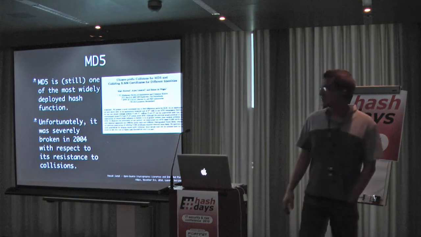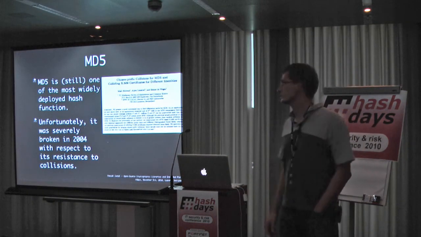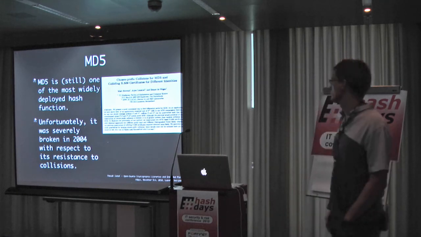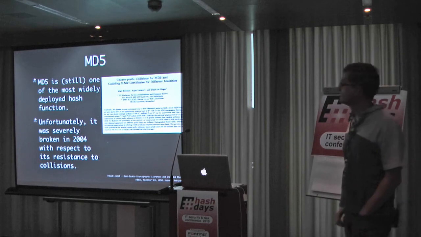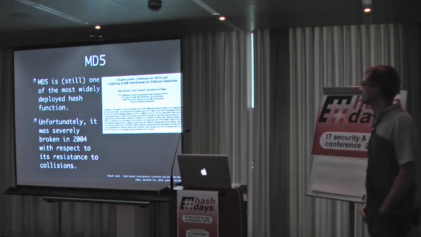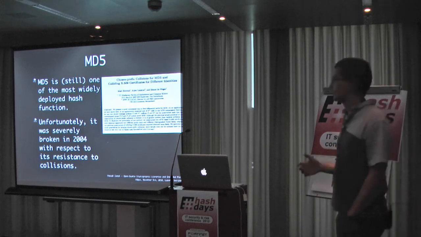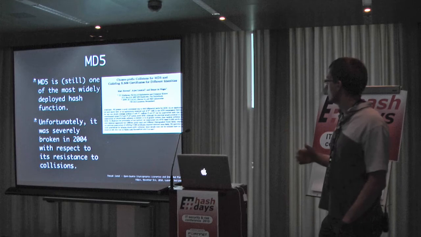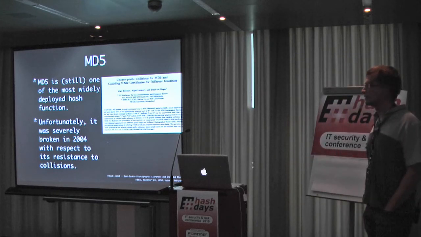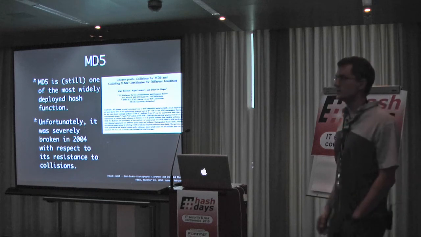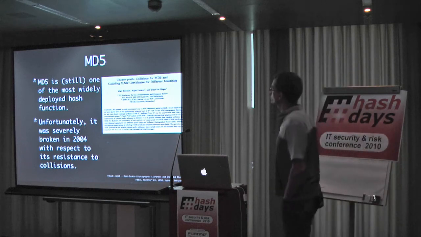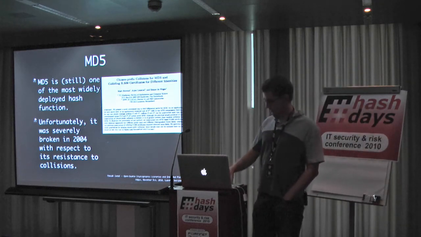We could also speak about the MD5 hash function, which was severely broken in 2004 by a Chinese researcher. MD5 is still one of the most widely deployed hash functions, and researchers are beginning to be able to play with it and have funny applications of this collision, for instance, generating certificates for different identities but with the same signature and so on. So this is another example of a bad choice of primitive.